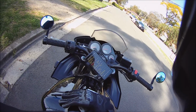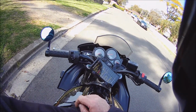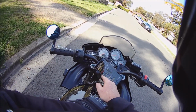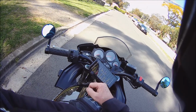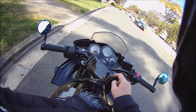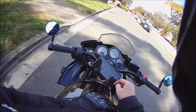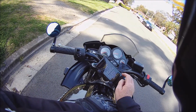So this is the app. Engine's running, 1300 RPM seems about right. But the first RPM, so it doesn't work below 3000 and doesn't work above 11,500. It's pretty straightforward. Then you can set it up. I think I need to update the firmware to get it to use in a downshift, but